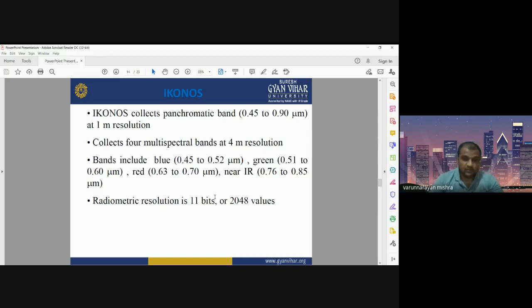Radiometric resolution I already discussed. It is the ability of the sensor to discriminate very slight changes in the incoming radiation that is received by the receiver. 11 bit means its radiometric resolution is 2 to the power 11, meaning 2 to the power 11 gray level values can be captured by the sensor. Okay, so radiometric resolution is also important when we want to detect different objects, when we want to identify different Earth surface features,